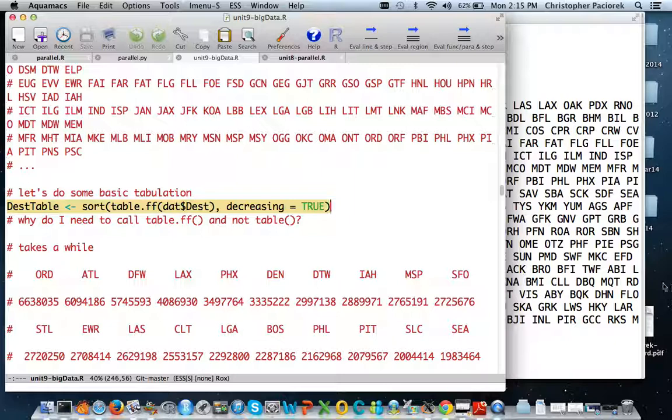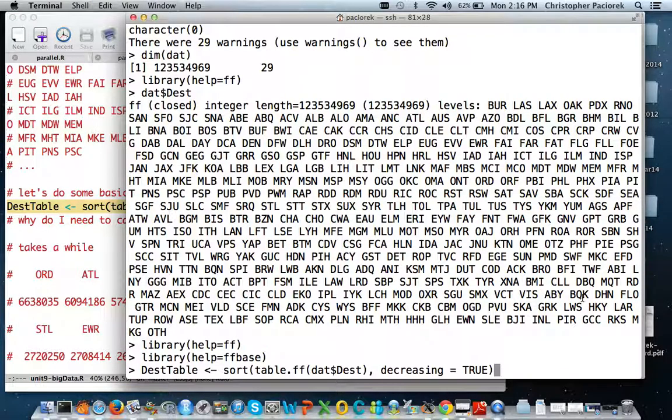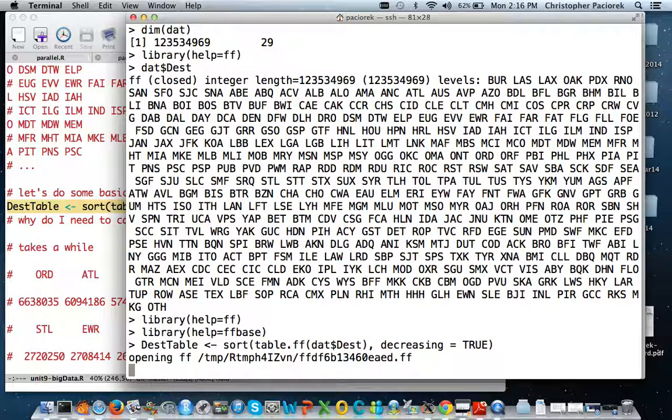So if we do that, it will go ahead and what it seems like it's doing is basically working its way through these different individual files on disk and getting the information from each of the chunks. Where the chunks, I think, in this case, because it seemed like there were 29 of them, seem like they correspond to